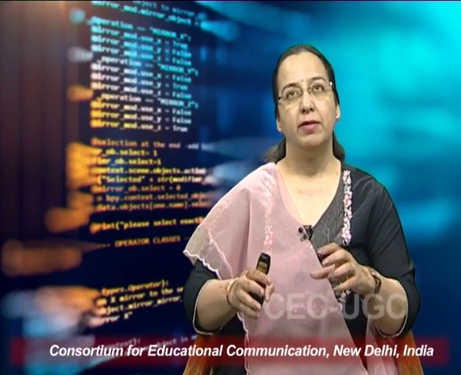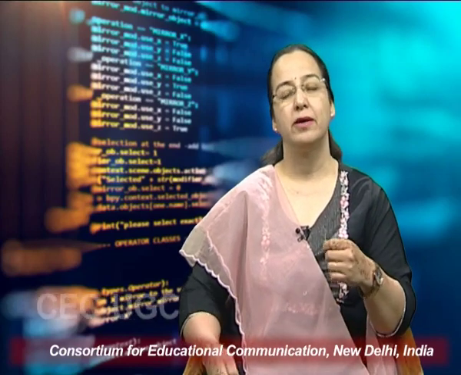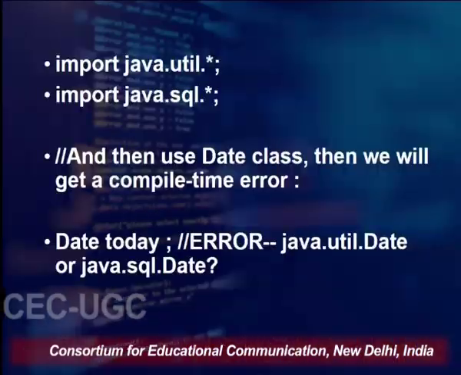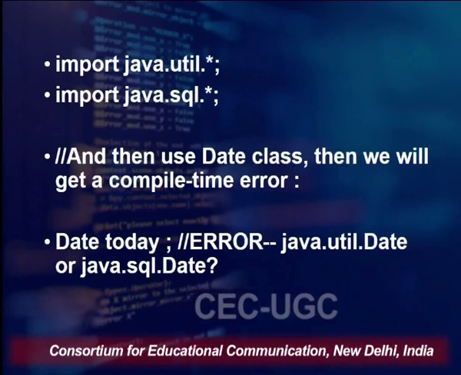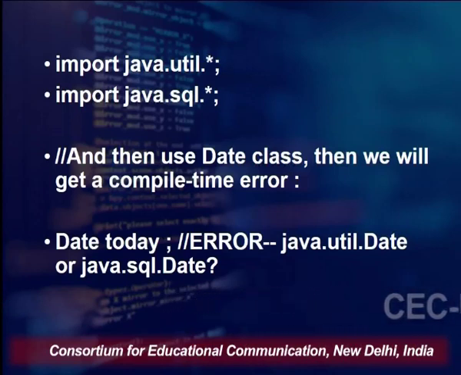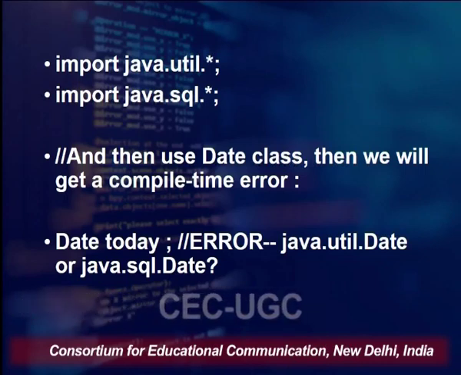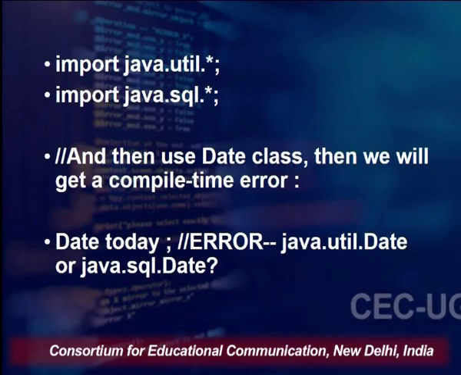Now, we also need to see an example of how the mechanism of packages is going to handle name conflicts. For example, let us take two built-in packages, java.util and java.sql. Both these packages have a class named Date. So, if I am going to import both these packages as shown on the screen, import java.util.*, that means all the classes of the util package, and